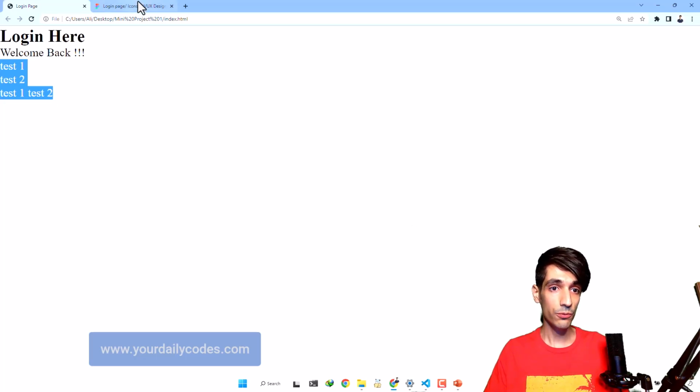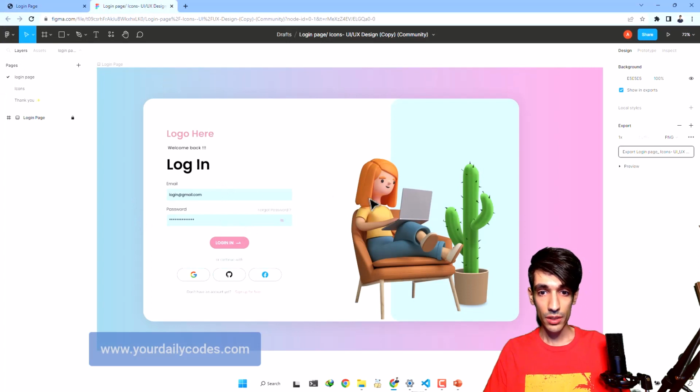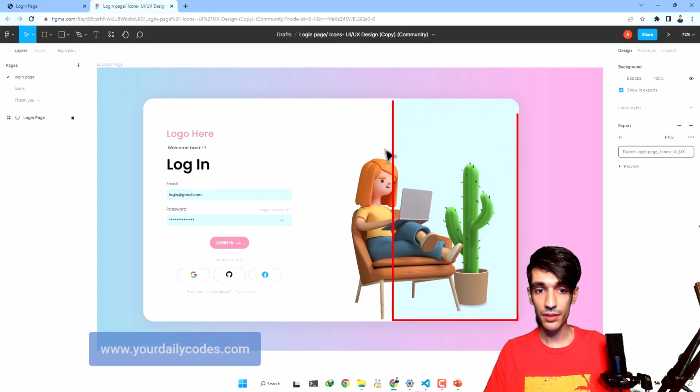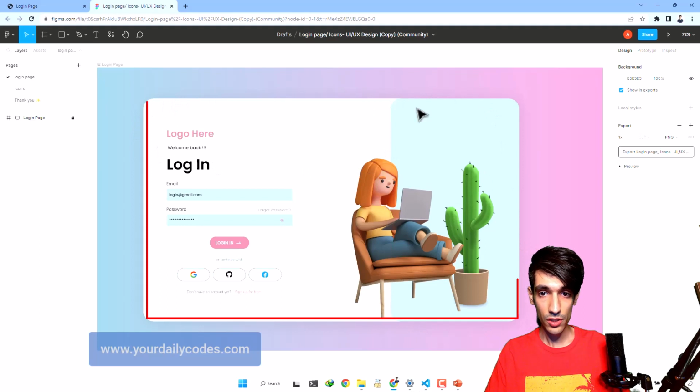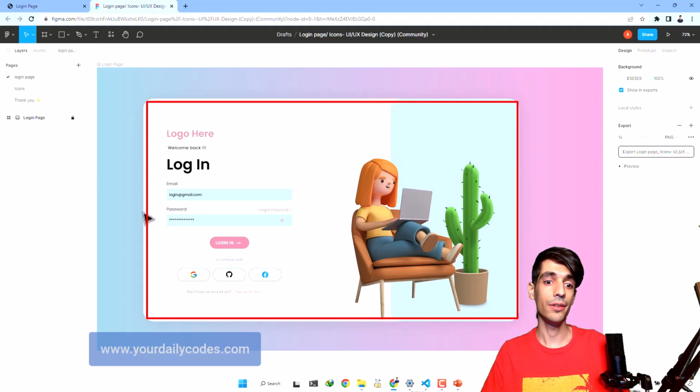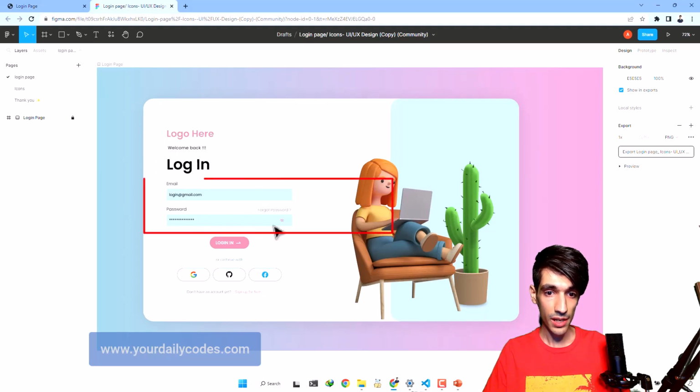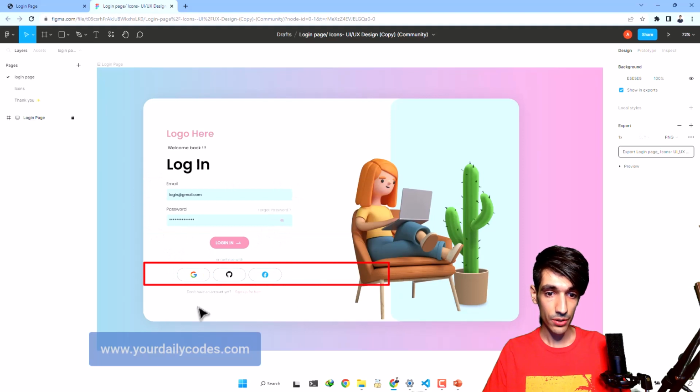For example, if we take a look at this, we can consider this blue part here a division. Consider this card, this whole card here, a division. Okay, or even this email and password here is a division, or these three icons here is a division.